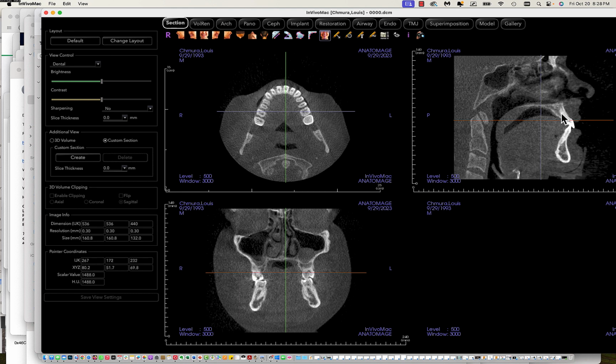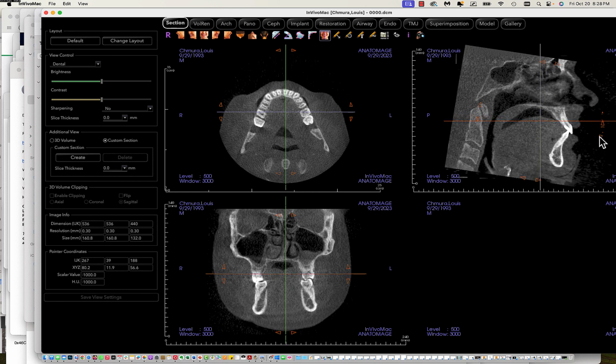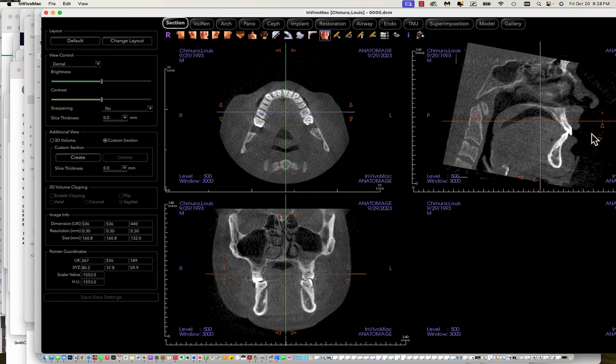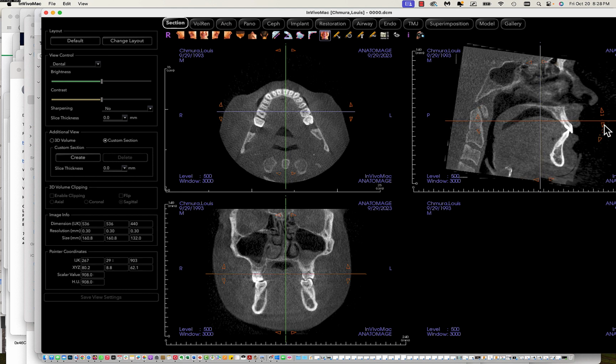Now the first thing you want to do is look at the palatal plane, and it should be down about 7 degrees relative to horizontal. Okay, that's critical. That's what gets this bone and this bone in the same orientation. Okay, then